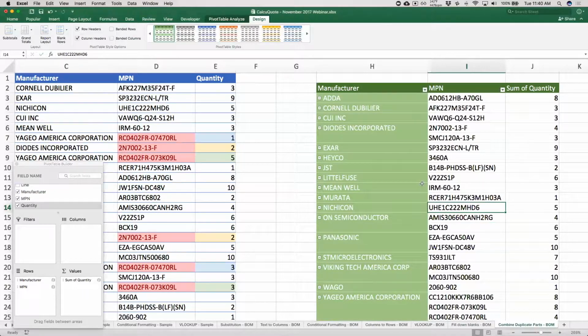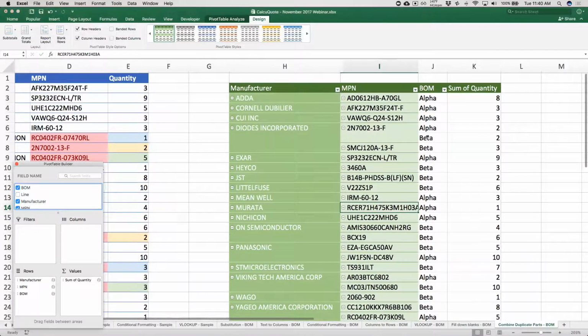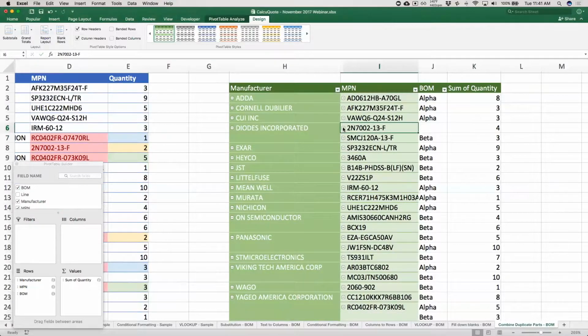If, for example, I wanted to know what the BOM is that is using these part numbers, I could always put in a row for BOM. So I can go in here and I can say BOM, and now I've got it broken out. So again, let's find that Diodes Inc. part. You can see it's got this part number and then alpha and beta and 2 and 2. But I can always collapse this. So I can click this little minus sign right here and it turns it into plus and it consolidates it